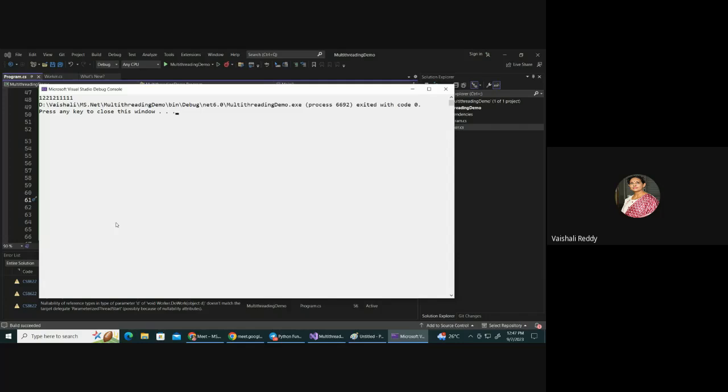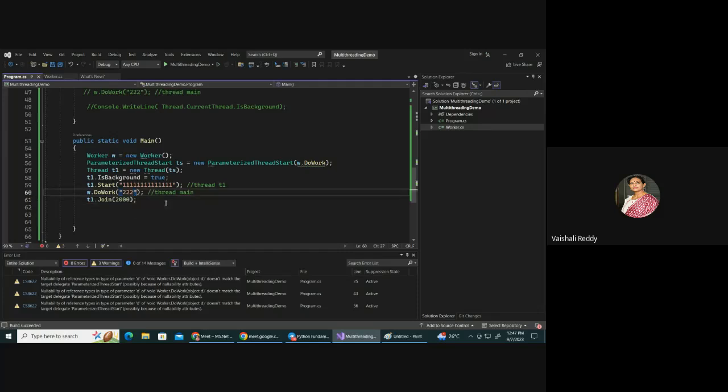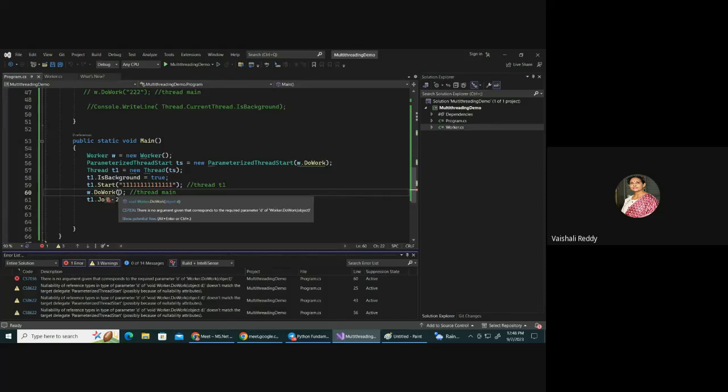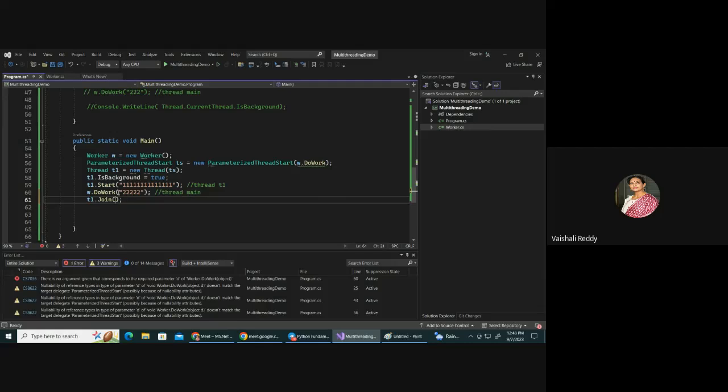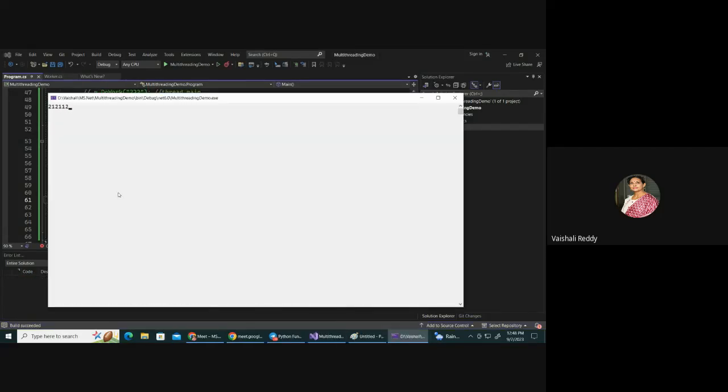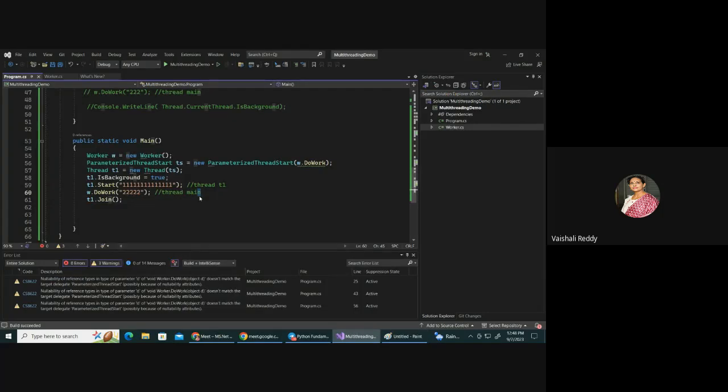And suppose even though it is a background thread, we don't want to make it time bound. I want to say that no, even though I am a background thread, I am still important, so wait for me completely. So don't give any parameter. Sorry. Don't give any time bound here. So now if I execute, got it? If it is a background thread and still you want the main thread to wait for it completely,